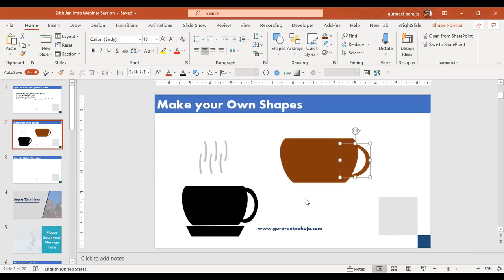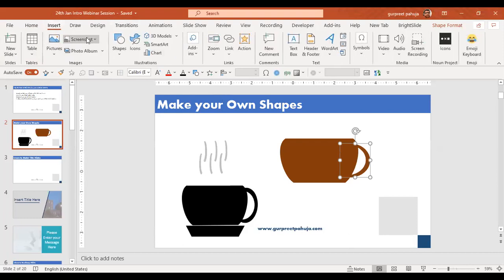Now I can make the bottom portion of this. Can I go ahead? Yes, okay. So I will again go to insert. I'll go to shapes. I will take this